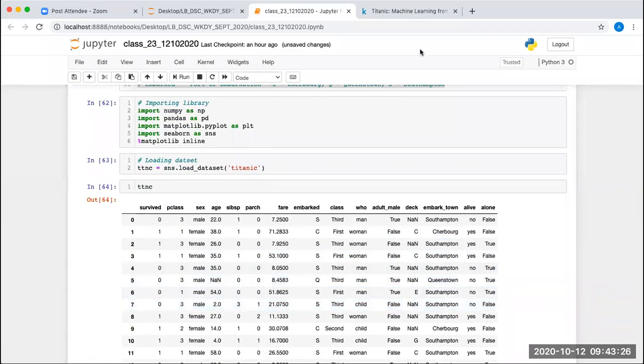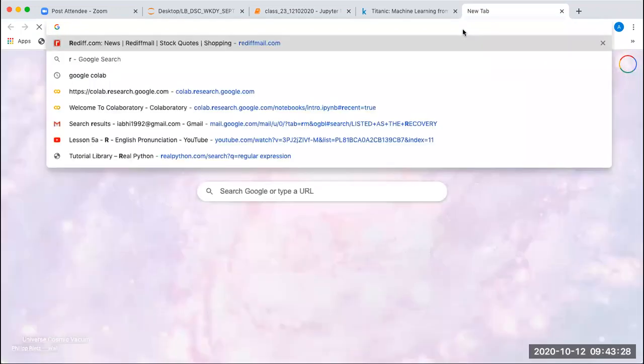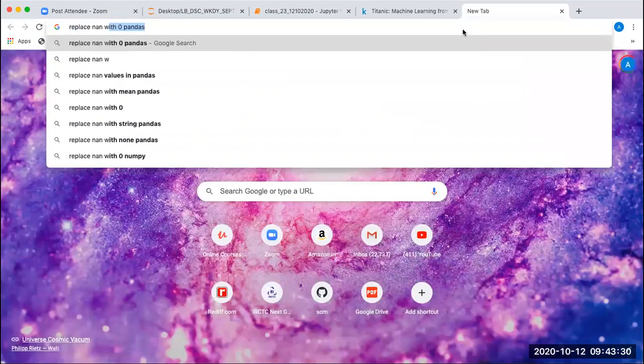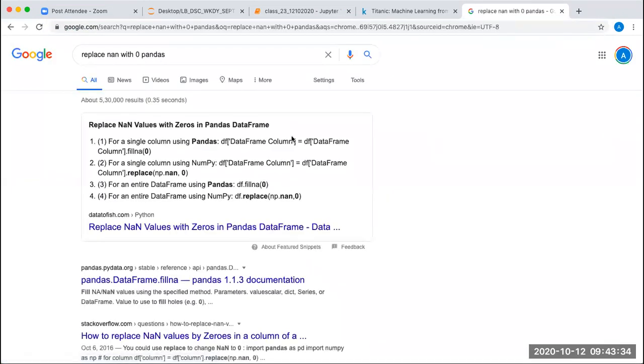So how can we replace? There was a function for replacing NaN with 0 in pandas. So fillna, replace np.nan. We can use fillna.